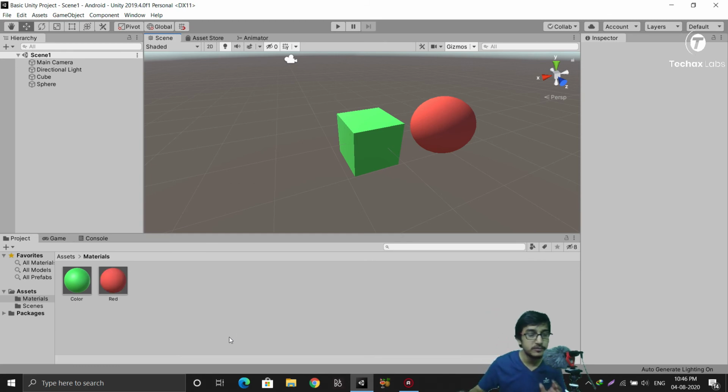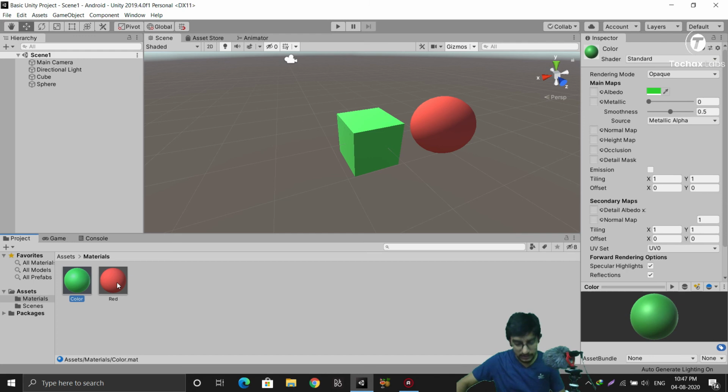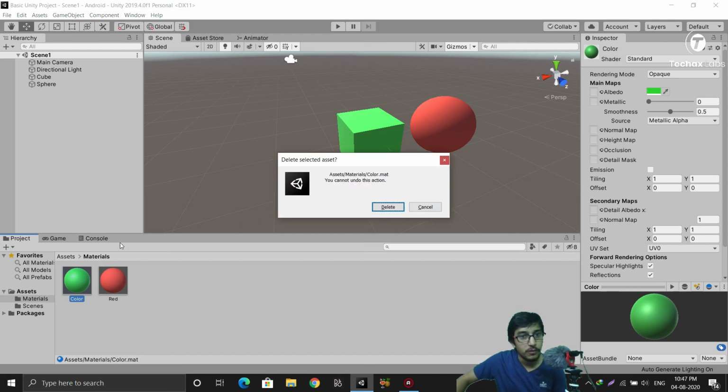We will save our scene, and instead of adding some solid colors, now I want to add some other materials which I did not do on day 1. So let's delete this material for a while. And Unity is saying, you cannot undo this action. It means if you delete something from assets, you cannot undo it. Remember, whatever changes we were doing in scene or hierarchy, we were able to undo using Ctrl+Z. But if we delete our asset, if we delete our folder from assets, you cannot undo it. So keep it in mind.